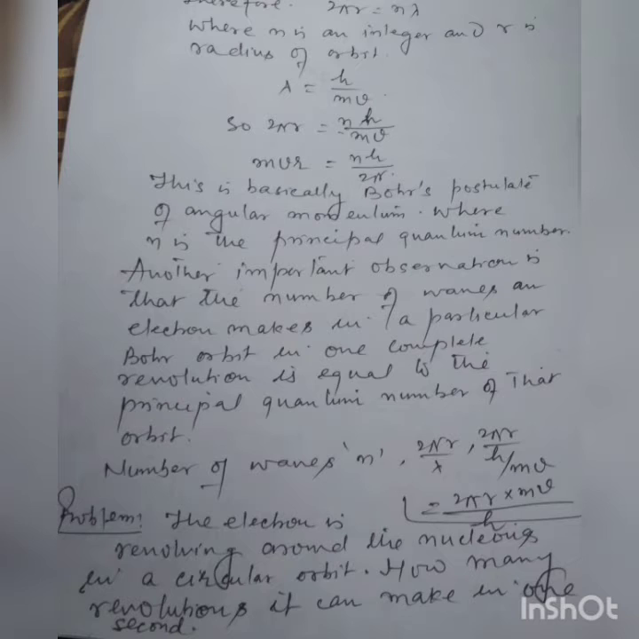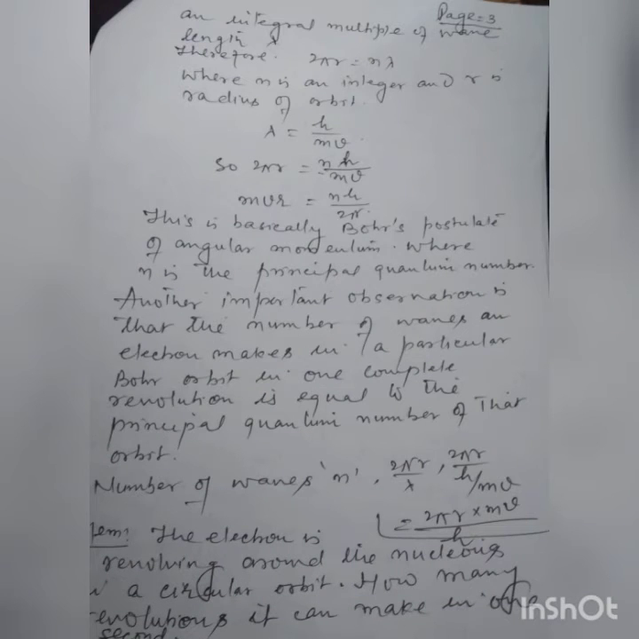Number 2, derivation of the angular momentum from de Broglie equations. According to Bohr's model, the electron revolves around the nucleus in a circular orbit. But according to the de Broglie concept, the electron is not only a particle but has a wave character also. If the wave is completely in phase, the circumference of the orbit must be equal to an integral multiple of wavelength. Therefore, 2πr = nλ, where n is an integer and r is the radius of